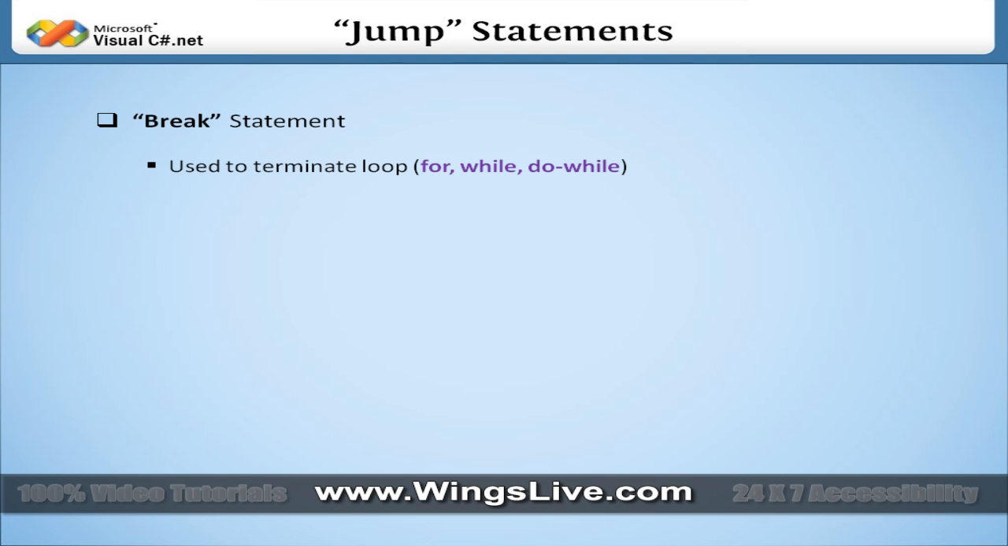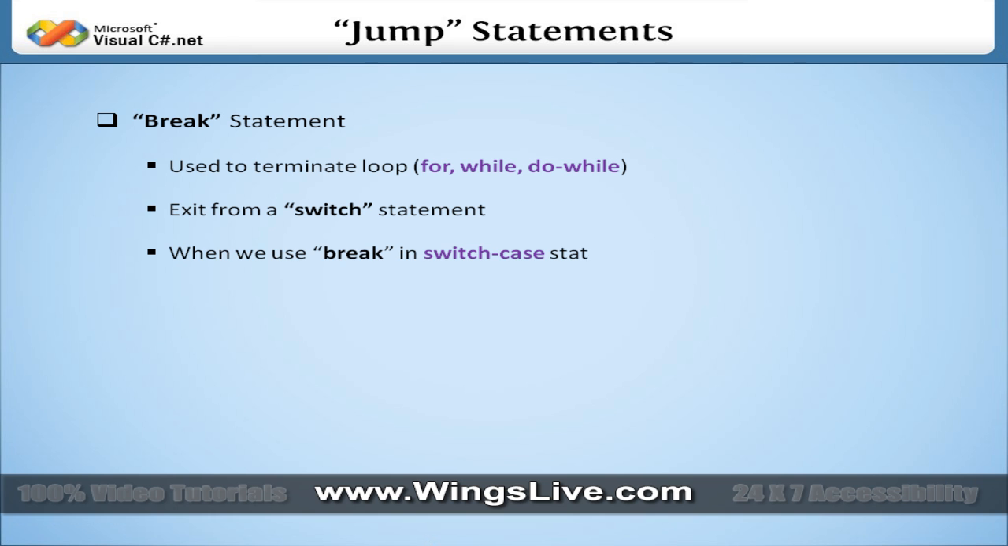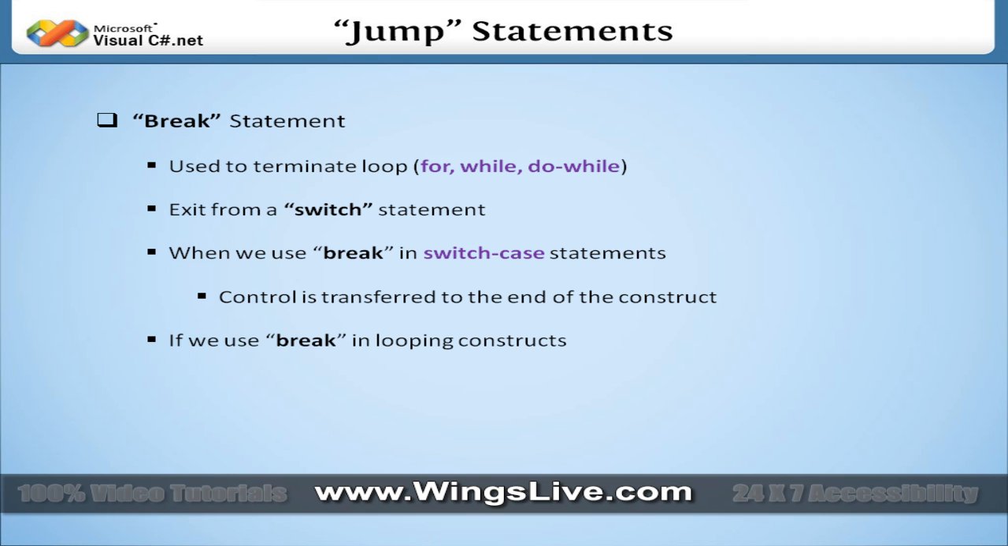Jump statements. In this lesson, we're going to talk about three main jump statements available in C#. The first one is the break statement. The break statement is used to terminate a loop, such as a for, a while, or a do-while loop, or exit from a switch statement. When we use break in switch case statements, the control is transferred to the end of the construct. And if we use break in looping constructs, the control is transferred to the next statement after the